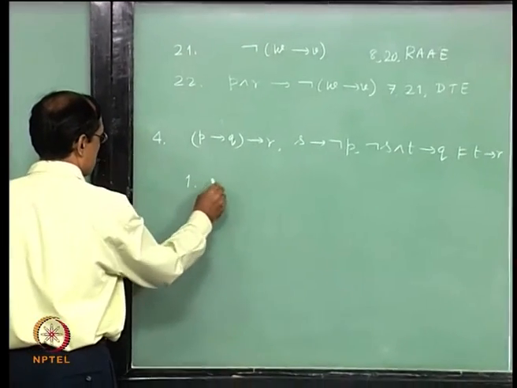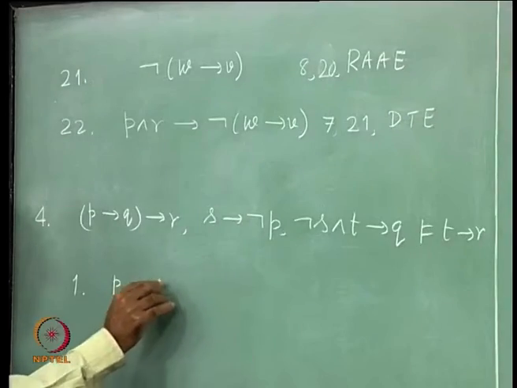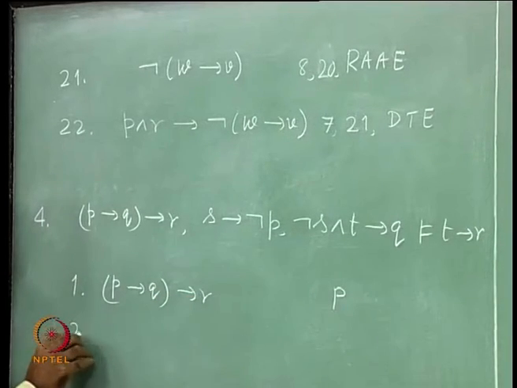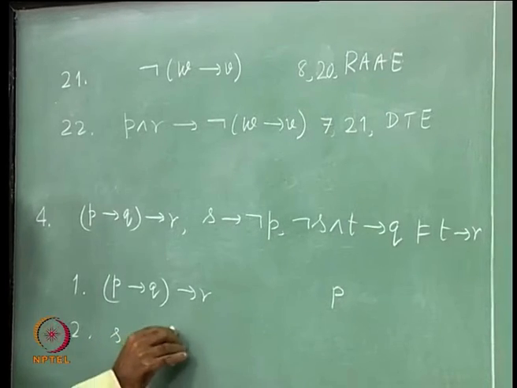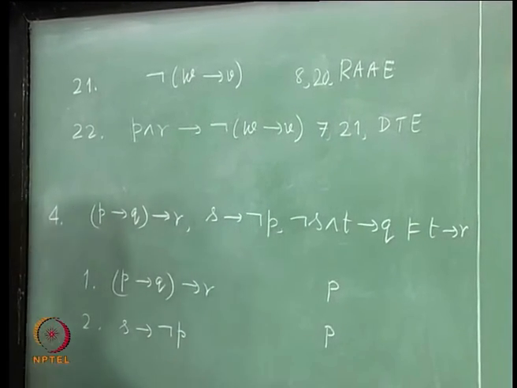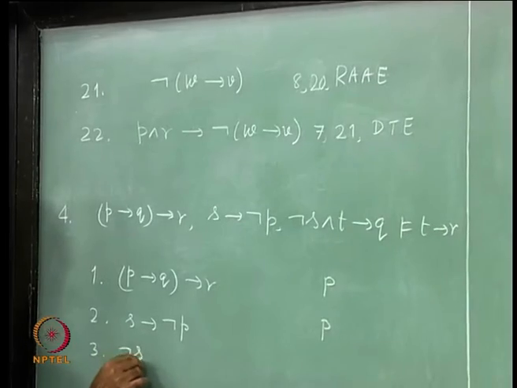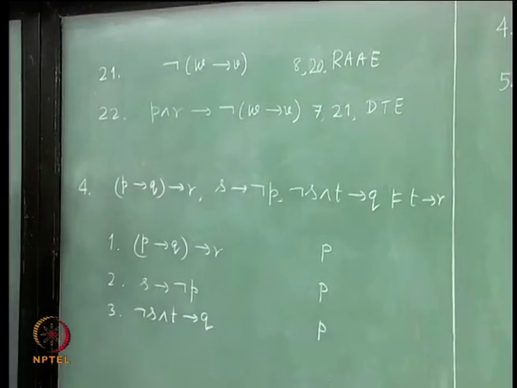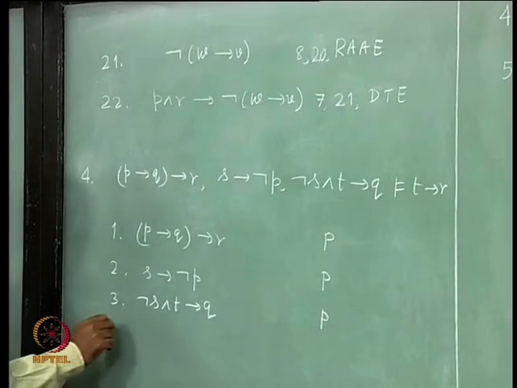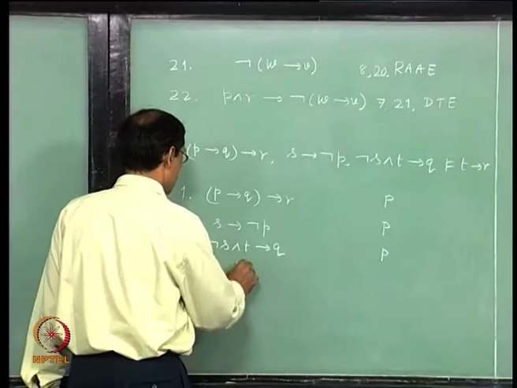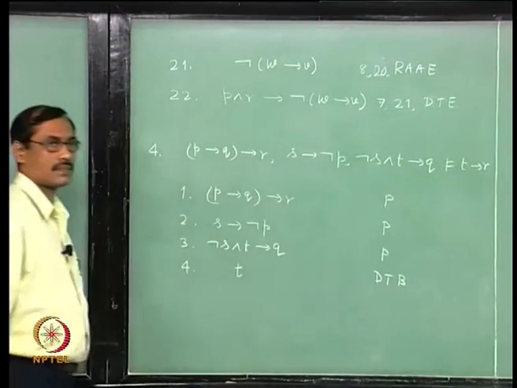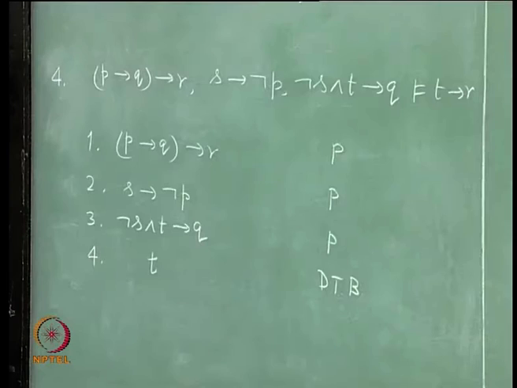So, we start with the premises first. P implies Q implies R is a premise, S implies not P is a premise, not S and T implies Q is a premise. Now comes the extra premise because of the deduction theorem. So, we say T, deduction theorem begins. Okay. Our aim is to get R,